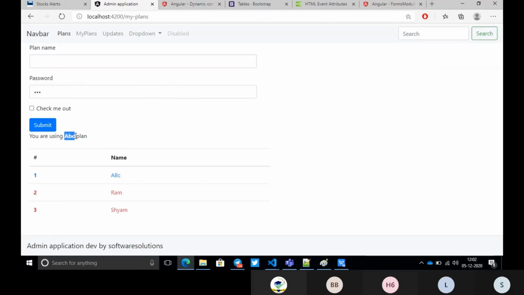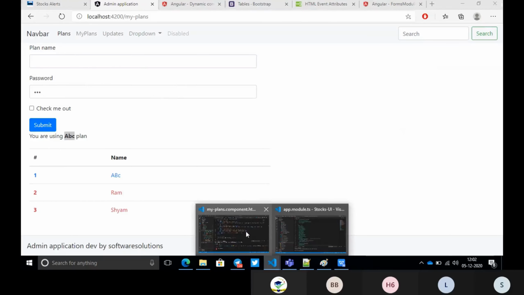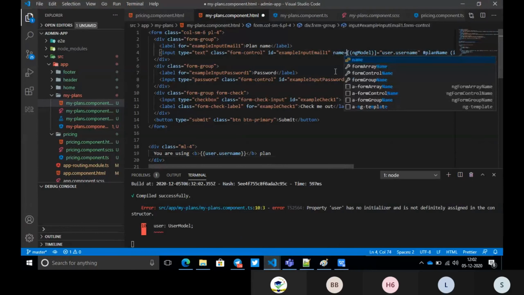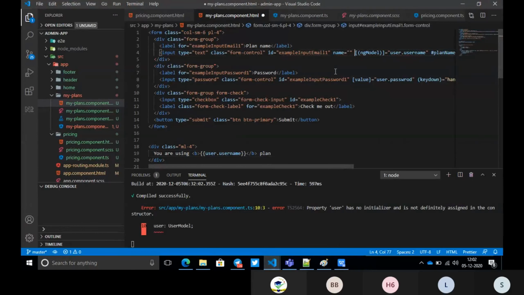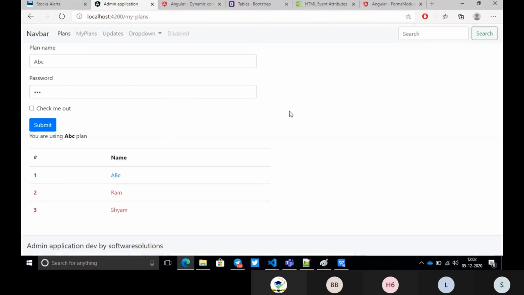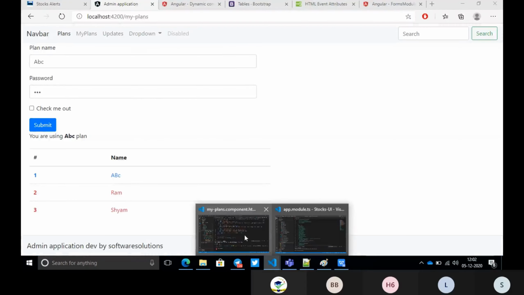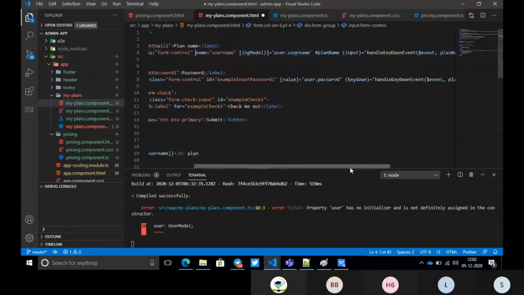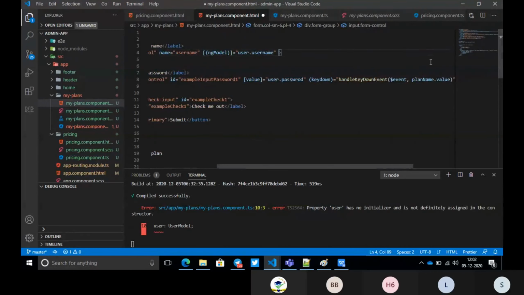Whenever the default model is working, what should happen is we should have a value here for that one. Let me give some value. Name is equal to username. Let us see if it works. Okay, let me remove this and let me remove all the clutter content. There is nothing required for us.